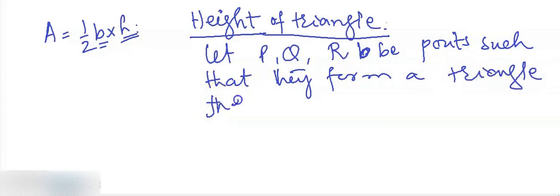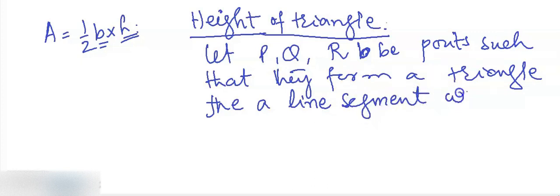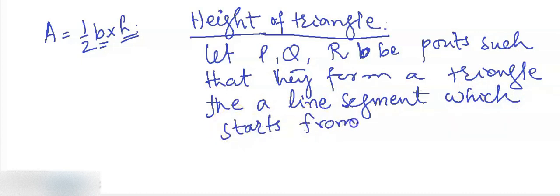Then a line segment which starts from any vertex. What do we mean by vertex? So I'm going to tell you later. Okay, so you can call it angle roughly, which starts from any vertex. I mean P, Q, R, any of these vertex,